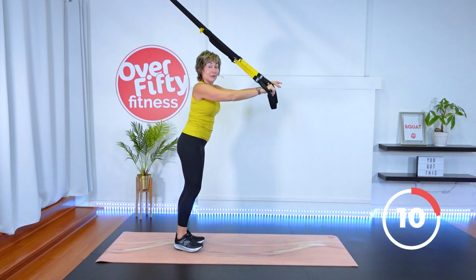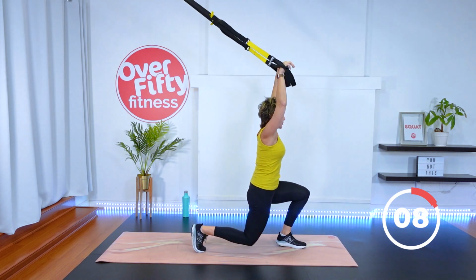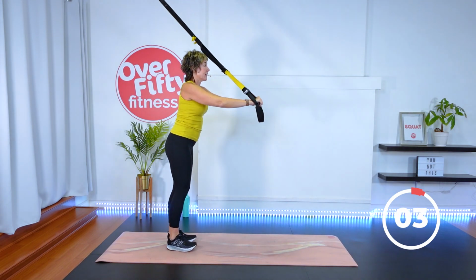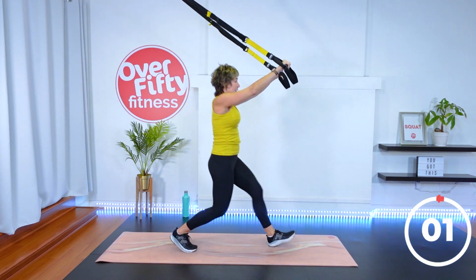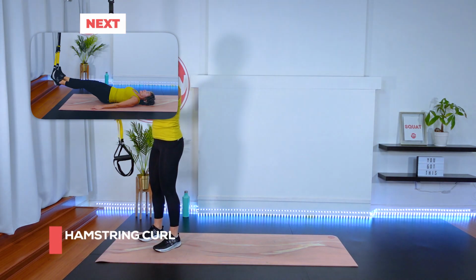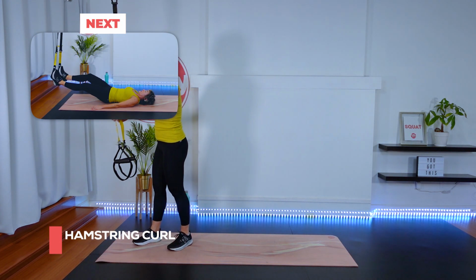This is the third move of the series. We go back to those hamstring curls. One more of each move, and then we're done. All right, so if you did shorten yours like me, remember, hands behind the metal clasp,